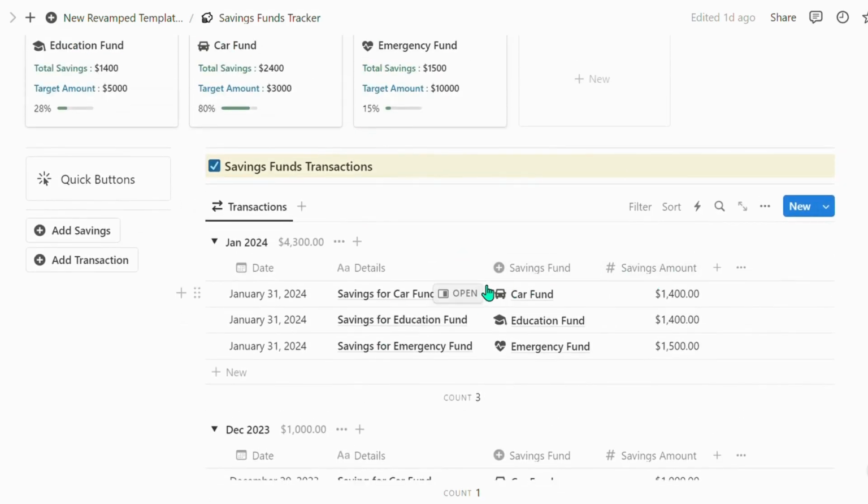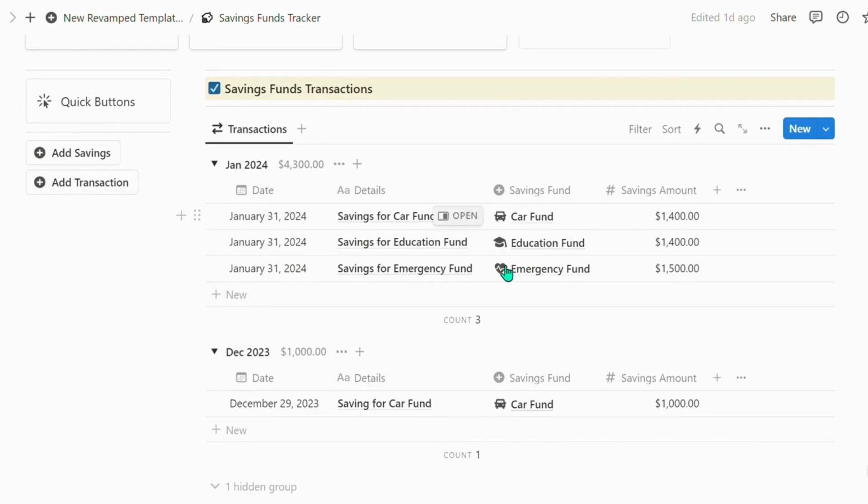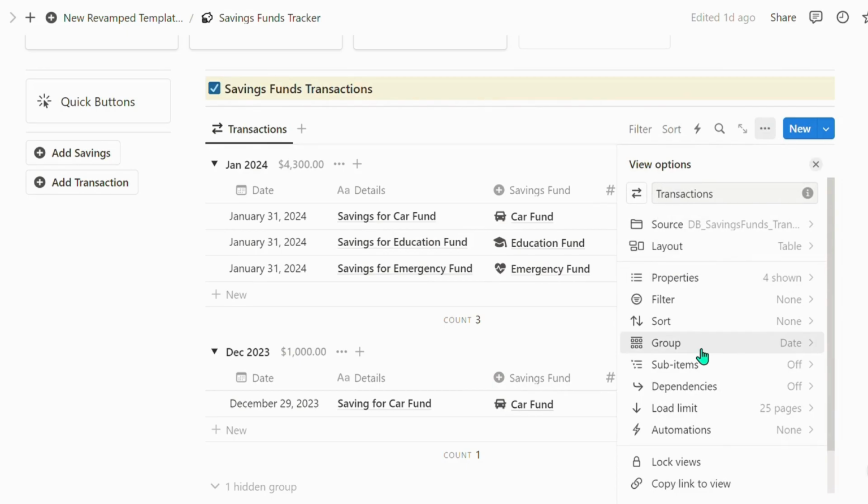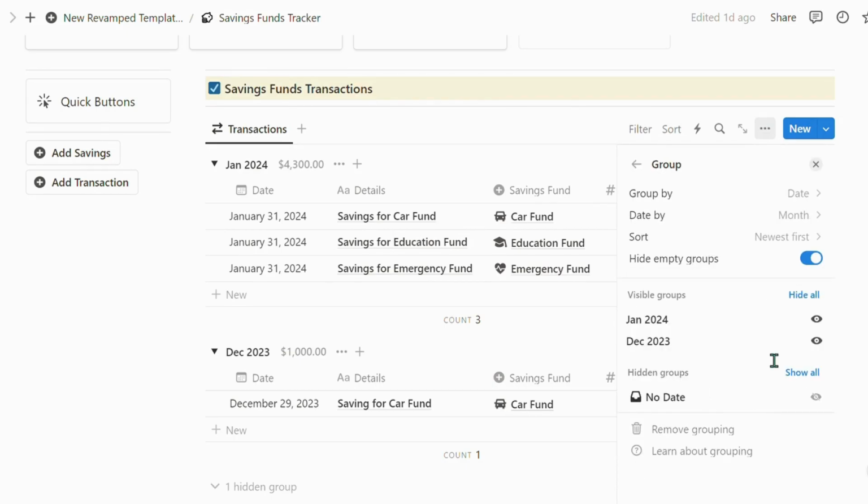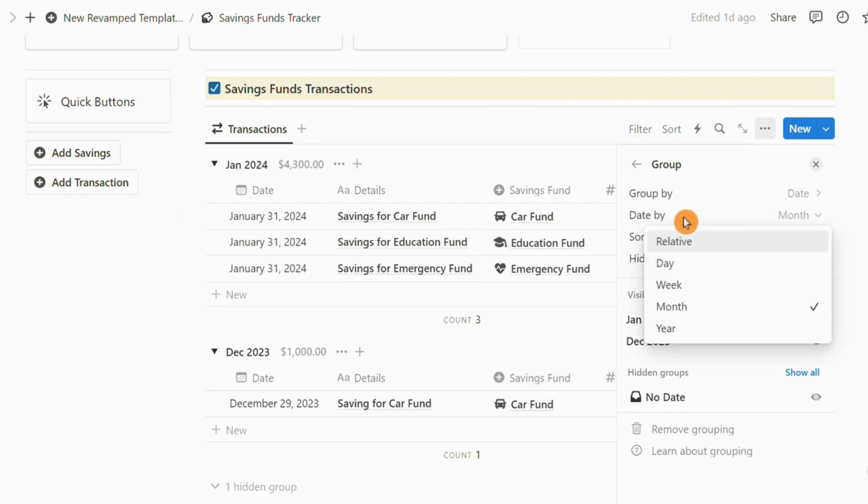Now one more thing to highlight over here before wrapping up this video is this entire view is visible as per different month. If you click on this 3 dot, you can see that the grouping has been made by date. Once you click on this grouping, you can see that the date has been put as per different month. Once you click on this, there is this option of putting it onto week or a year,